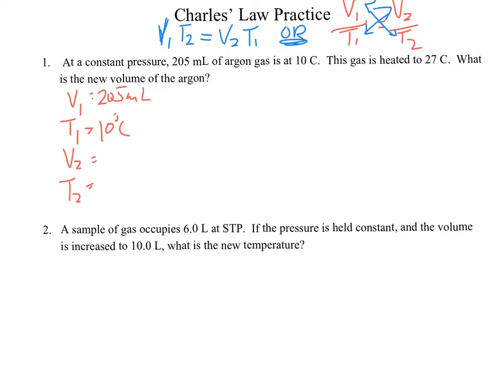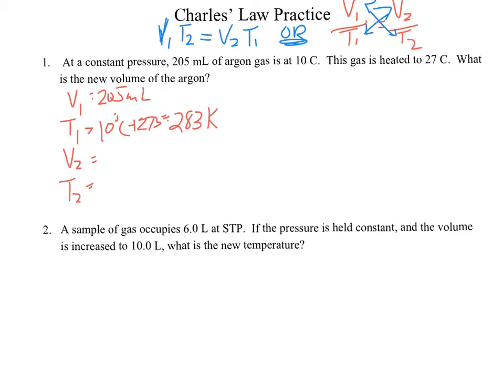Kelvin, if you recall, is the same increments as Celsius. It just starts 273 units different, and we have to add 273 to our degrees Celsius to get our actual Kelvin. That's the conversion. It's in your reference tables, it's in your notes, so just take a look at it if you're unsure about that. But it's 273 plus 10 for 283 K. So now we have our temperature in the proper units,